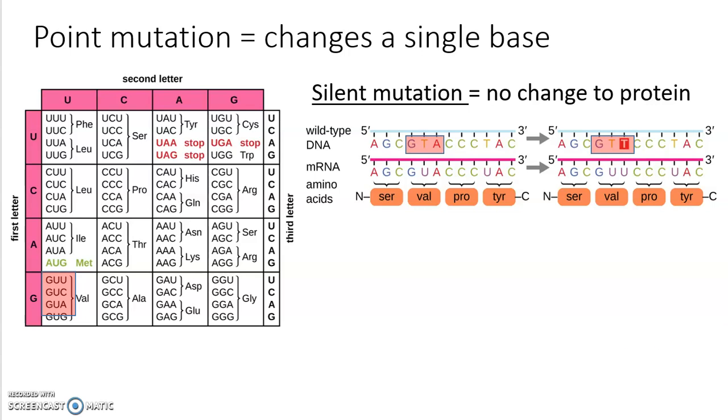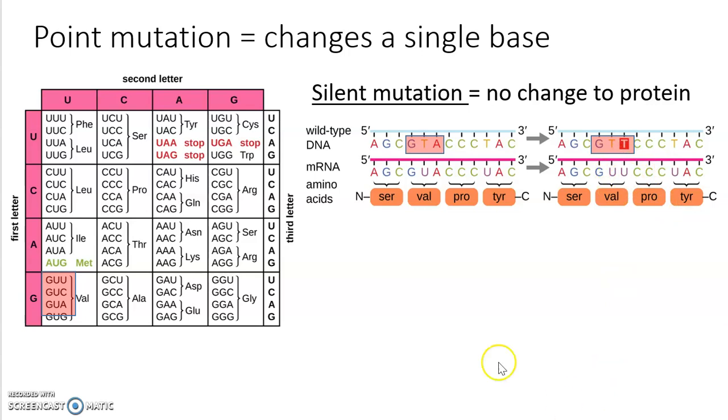Well, in this example here, there is a single mutation where this codon changes in the DNA from a GTA to a GTT. And if you think about it, when that piece of DNA is read by the RNA polymerase to make the complementary message,